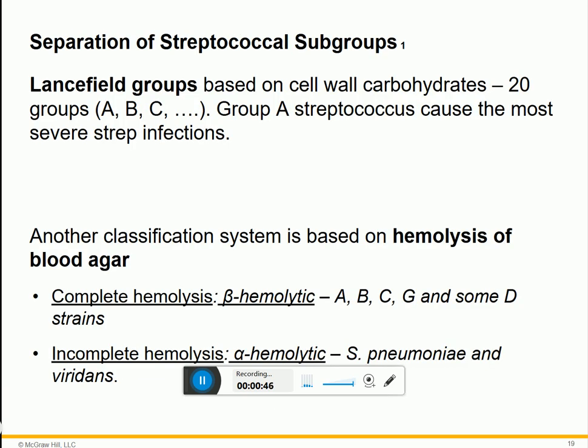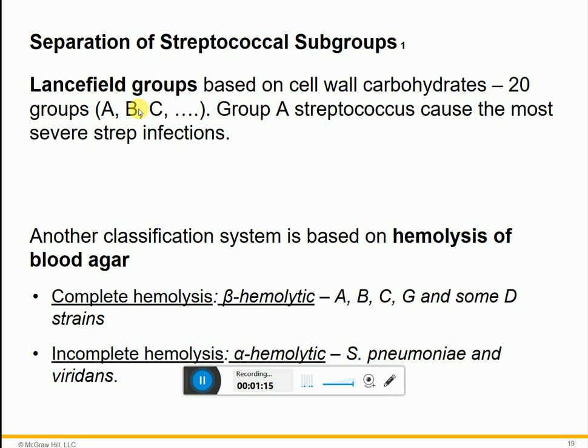So how do we categorize streptococci into subgroups? There are two different ways of doing this. The first way is called the Lancefield grouping technique, where they are categorized according to the carbohydrate that is found on the cell wall of these microorganisms. There are about 20 groups, and each group gets a letter, so they are A, B, C, and you go